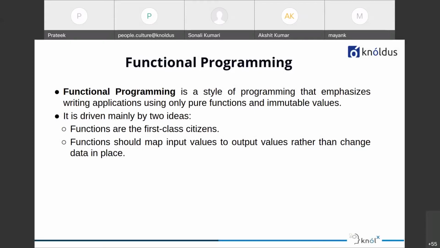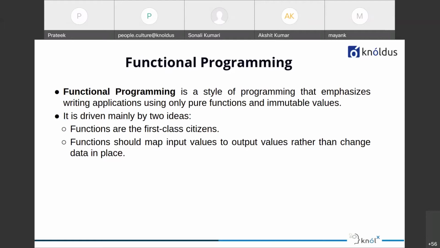For example, modifying a field, printing to the console, reading input from the console, reading from a file or writing to a file, and such kind of things. Okay, and the other one is it should use immutable values. Functional programming works well with immutable values. Immutable values means something which is not changeable.